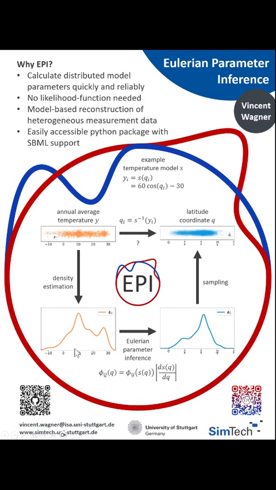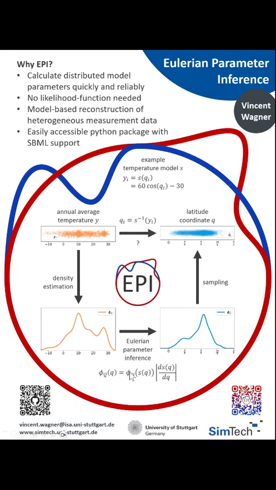Now comes the fancy part. In the space of distributions here, we can now use a random variable transformation to back transform our data distribution into our parameter distribution using this equation depicted here at the bottom. And the magic part about this is that you can get one evaluation of your parameter density by just taking one simulation output S of Q,